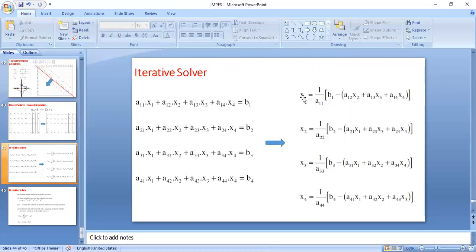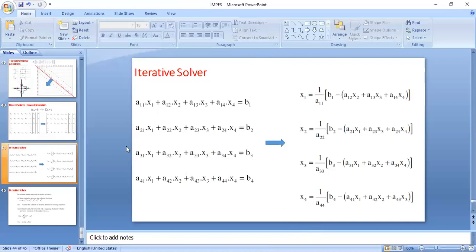Now in the second iteration, take the computed x vector as the assumed x vector, substitute again here, and do the process again, and then you will get another x vector. This is the second iteration. If the assumption that we make in the second iteration is correct, then it will match with the computed value. If it is not matching, then go for iteration 3. Likewise, you go for n number of iterations.